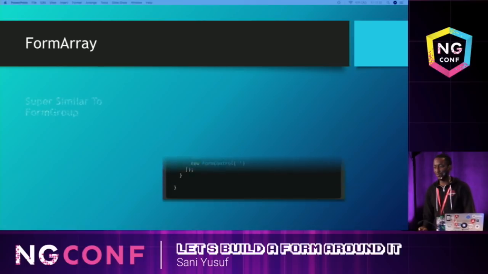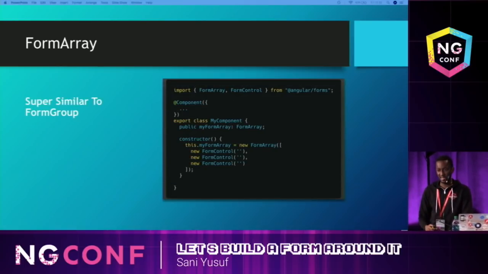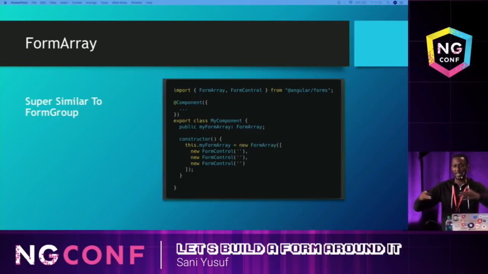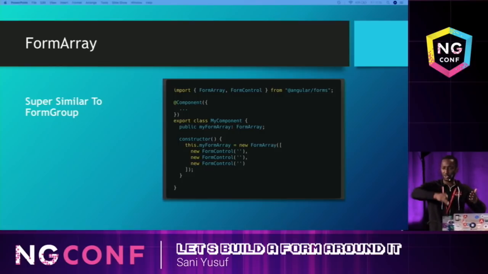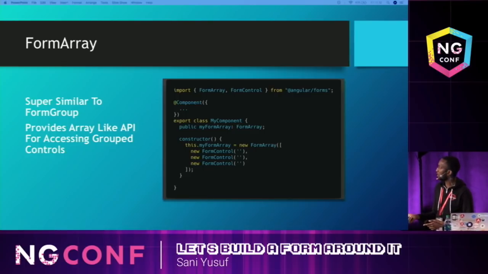And the form array is basically just like a form group, but it gives you an array-like syntax. So if you have, for example, a bunch of pages, page 1, 2, 3, 4, like examinations, and you want to keep states between each page, you can use a form array for that. And it's very, very similar to the form group. You don't only have to put form controls in there, you can also add any abstract control. So any one of those could be a form group or a form array itself. So you can aggregate as much as possible.